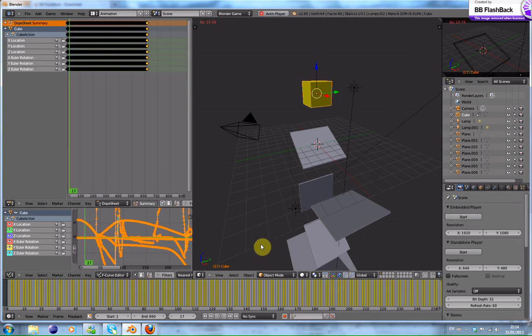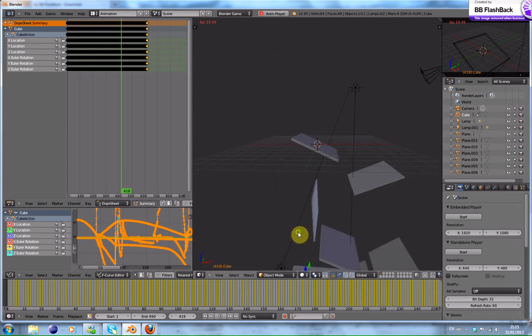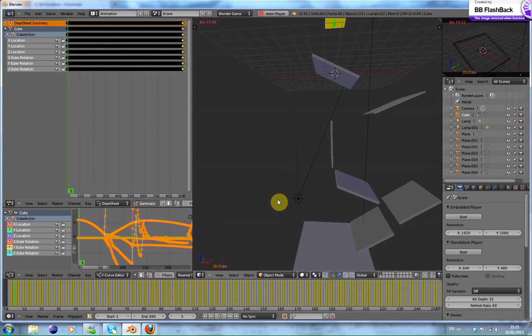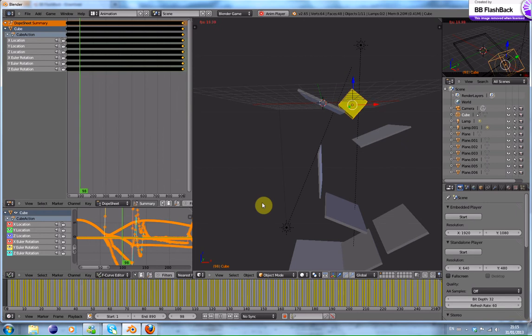Alt A to play animation. That goes a bit slower, and that's perfectly normal. If I had been doing this on my laptop, it would have gone even slower. It's so annoying. But you do have to remember it's got a frame to do every single time. Anyway,